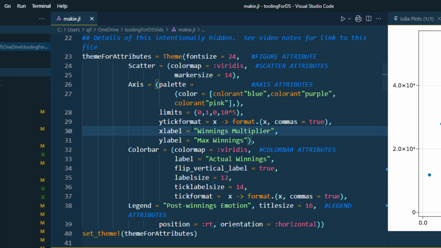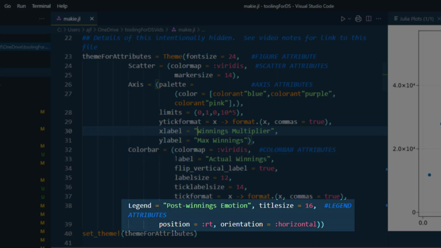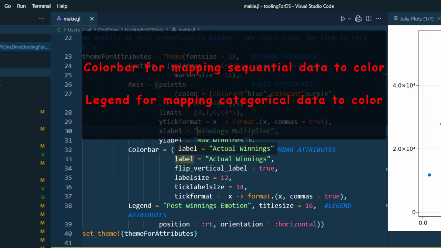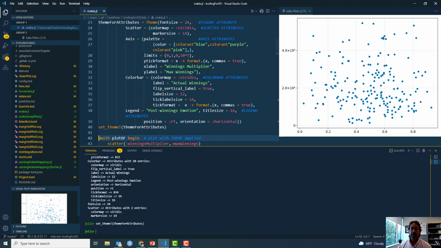Again, these are all attributes of the axis. We can have attributes of a color bar. You'll see what that is later, and attributes of a legend. Just note color bar is used for continuous mappings of continuous or sequential data to color, and legend is used for when you map color to discrete attributes in the data like happy flag. Alt entering through set theme applies these theme attributes to the various Makie plot components or figure components, and then